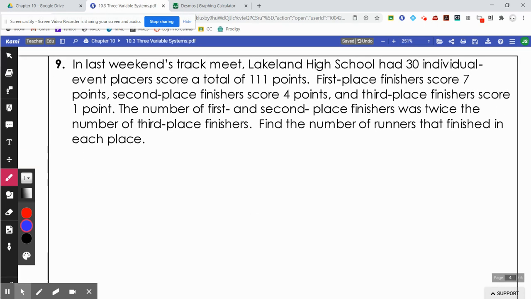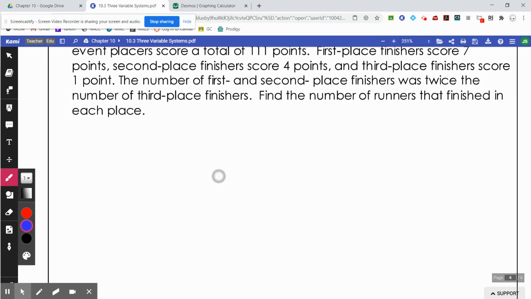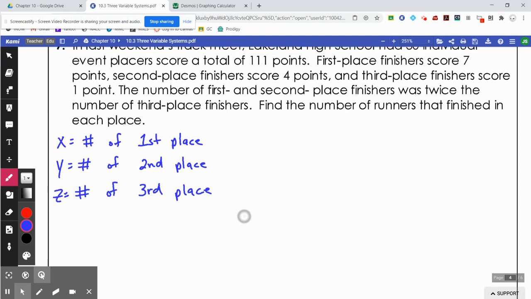In last weekend's track meet, Lakeland High School had 30 individual event placers score a total of 111 points. First place finisher scored 7. Second place scored 4. Third place scored 1. The number of first and second place finishers was twice the number of third. Find the numbers of runners that finished in each place. So here's how we're going to set up